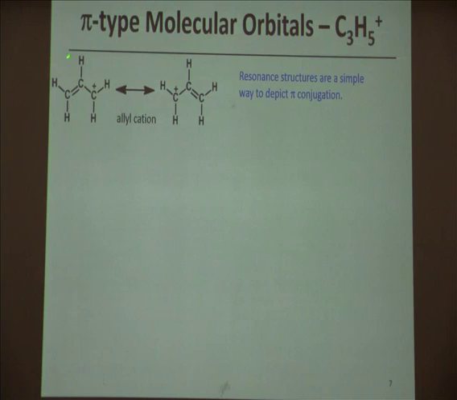I've got the resonance structures of the allyl cation, or C3H5+, also pictured here. And note that these are a really simple way to depict pi conjugation. I really want to stress that resonance structures are not real. They're not based on any physical reality, but they are pictures that allow us in a quick and simple fashion to depict pi conjugation. The convention of resonance structures is that neither the structure on the left nor the one on the right is the actual depiction of the allyl cation, but this resonance arrow tells us that somewhere in between these 2 structures is where the molecule really exists. We're going to use computational chemistry